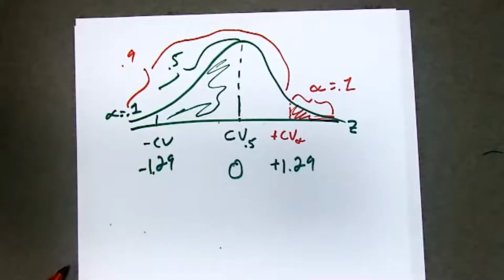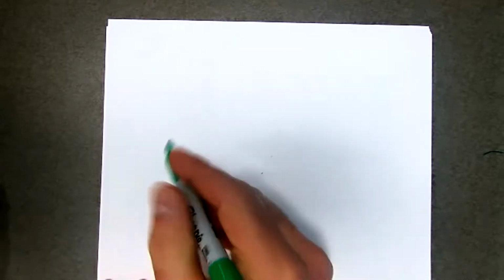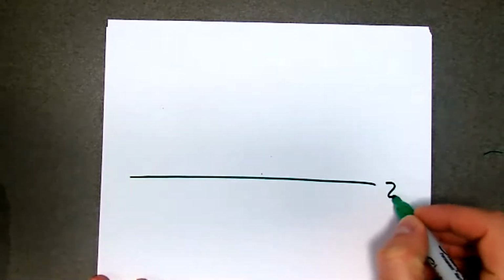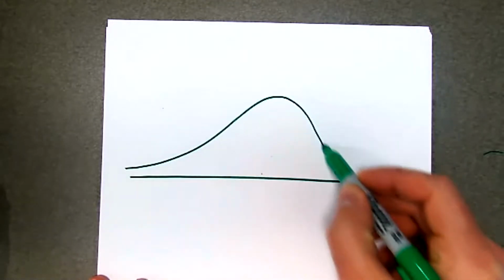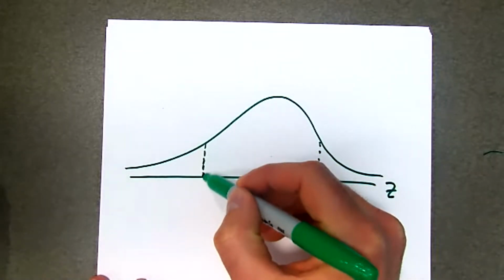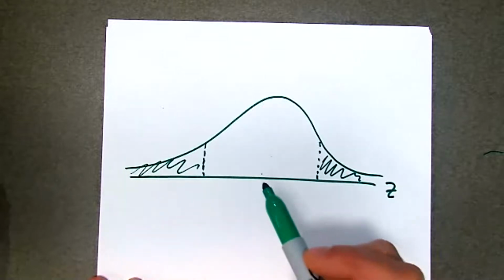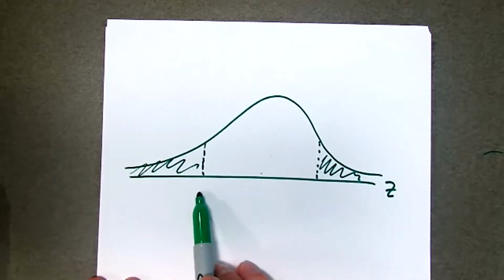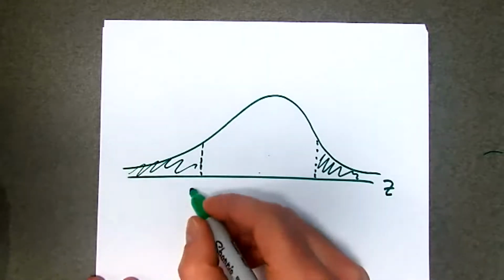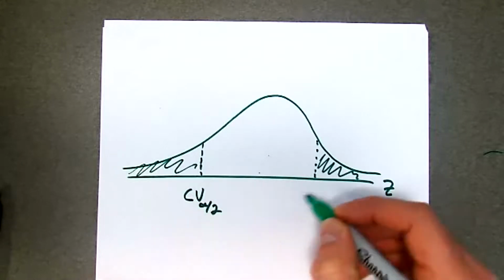So two-tail tests are a little bit trickier in that when I'm thinking about alpha, the probability I make a type 1 error, what I have to think about is, okay, I need the z value that gives me alpha total in my tails. So I need to find the z value, which is going to represent our critical value, that gives me alpha over 2